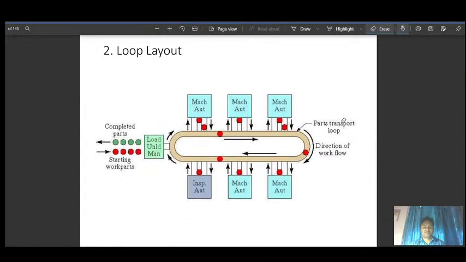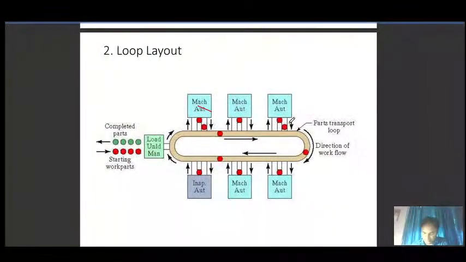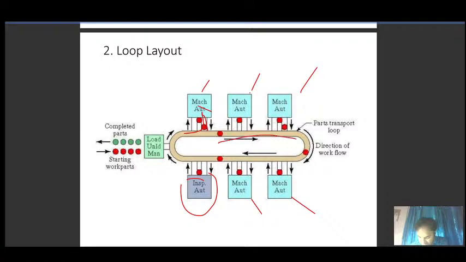Then this is a kind of loop layout. As you can see, there are machines: automatic machining, machining automation, and inspection automation. Parts are loaded here, and after finishing, it travels through this transfer belt.